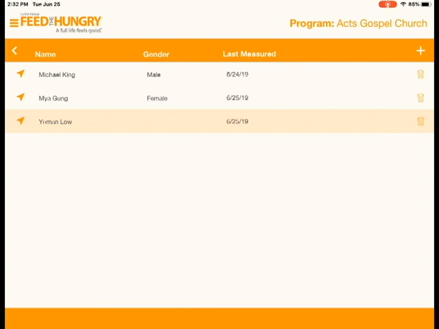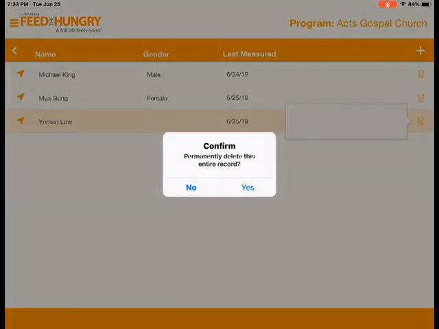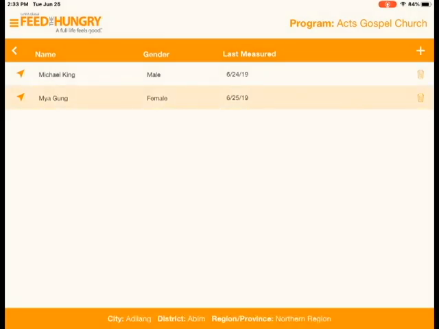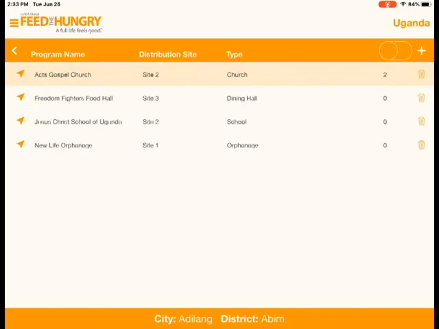Obviously, you can see that Yemen doesn't have any information. Let's say that we're not actually going to be feeding Yemen and I just want to delete him. You can do so by hitting this trash can button on the right, and it says delete child. Keep in mind this is permanent, and you do not want to be doing this if you are going to be feeding the child. So delete child, permanently delete this entire record. Yes. Okay, so now you see that we are back to just our 2 children that we're feeding in our program, Acts Gospel Church. I'm going to hit the back screen